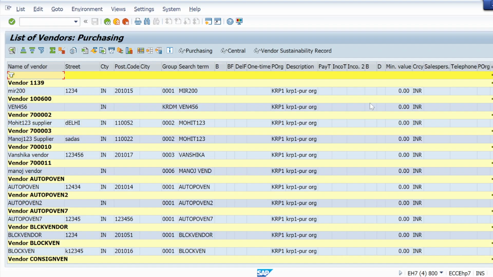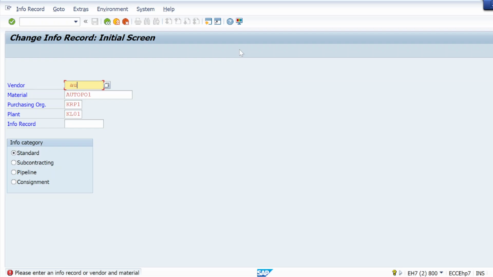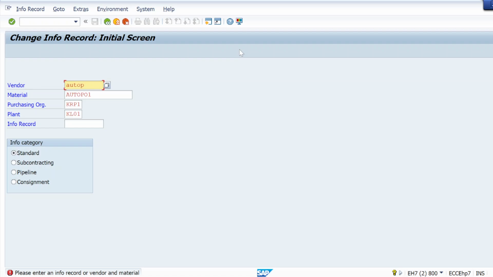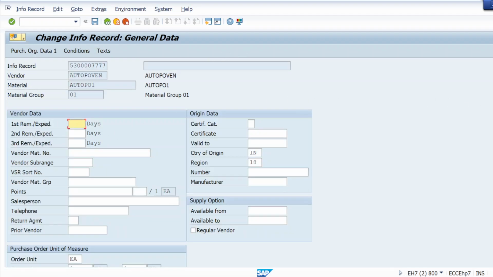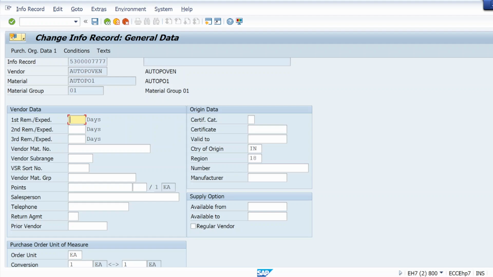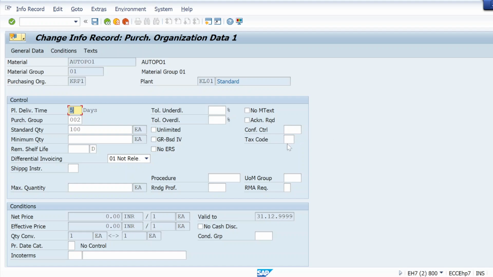Same T code MKVZ is to check the supplier here. So let me take vendor auto PO van. Okay, let me maintain that precision for record. Same here, in the purchasing view we need to select auto PO. That is already done, so I'm not doing that. I'm directly doing this. We can maintain the tax code the same way.